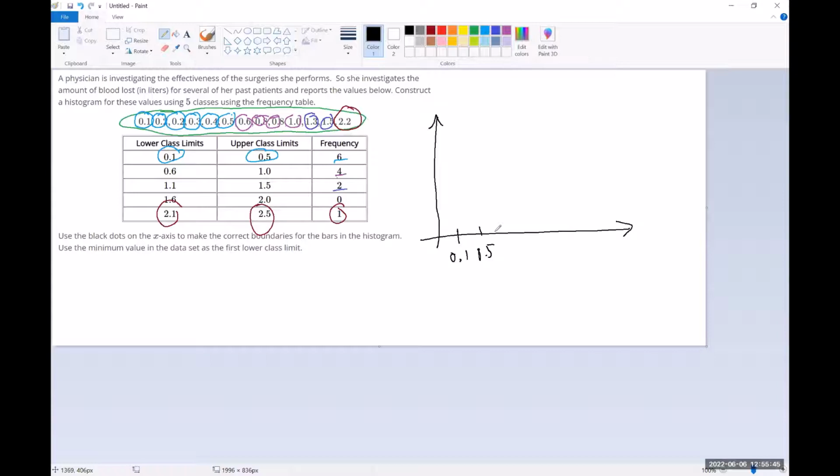However, let's read carefully on something. Use the black dots on the x-axis to make the correct boundaries for the bars in the histogram. Use a minimum value in the data set as a first lower class limit. So let's use only lower class limits. Okay, so we're going to use lower class limits. All right, so we're going to go ahead and do